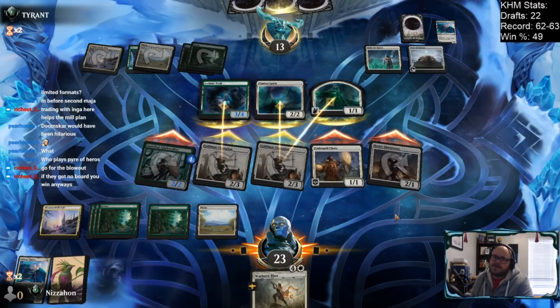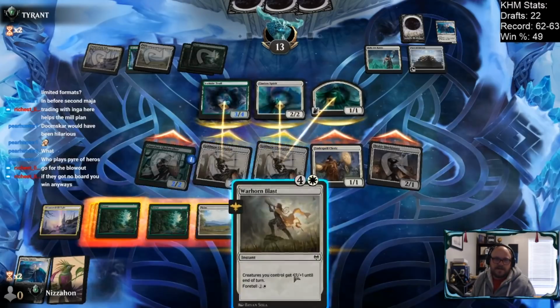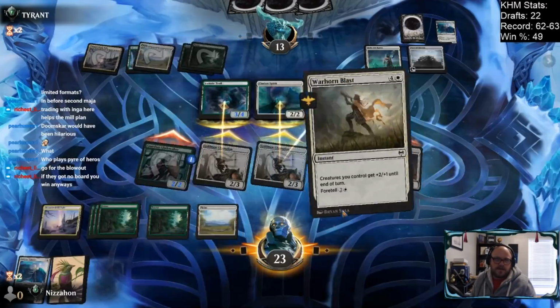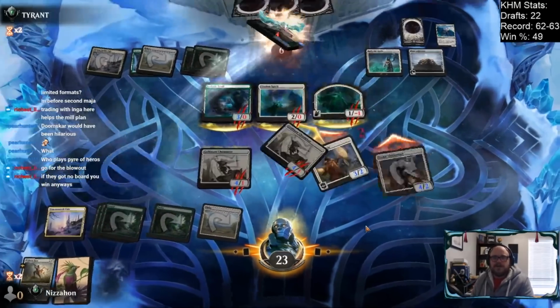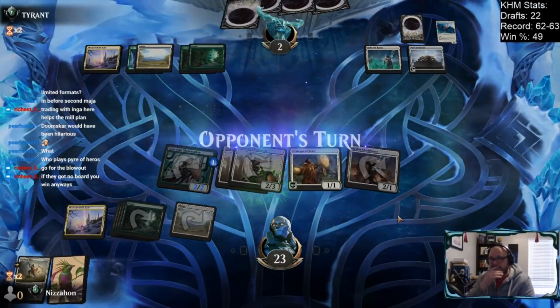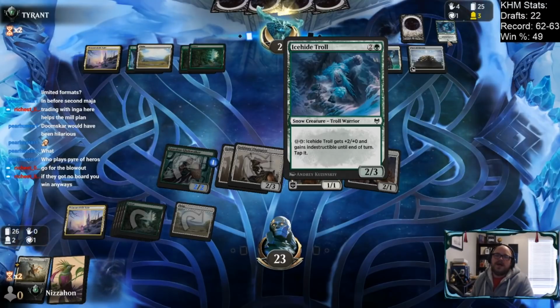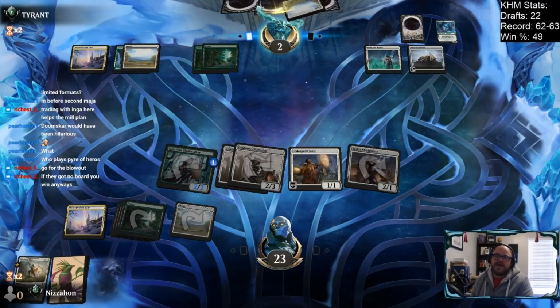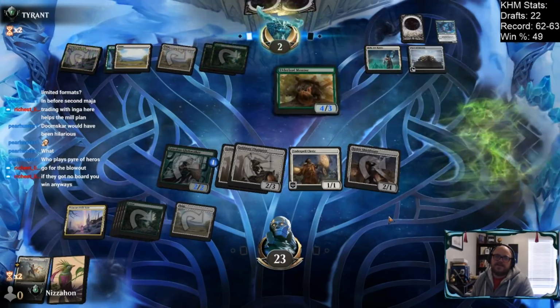Ooh. That's going to turn out pretty nicely for us, obviously. Yeah, that should probably do it. They're not entirely dead, but we just wiped their whole board and lost nothing while dropping them to 2. So that worked out. If they had lined up their blocks a little differently, I would have lost some stuff, but...